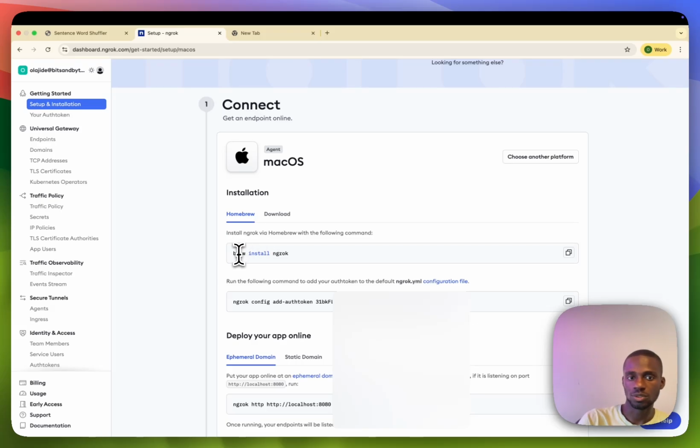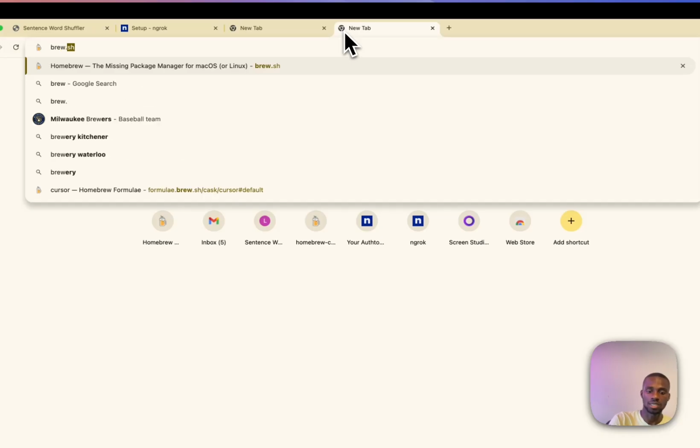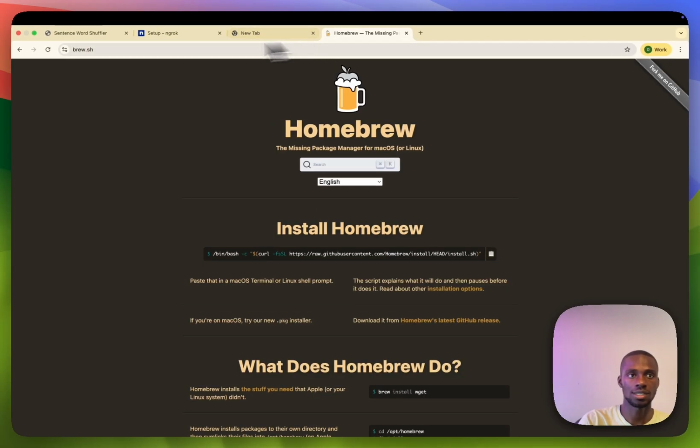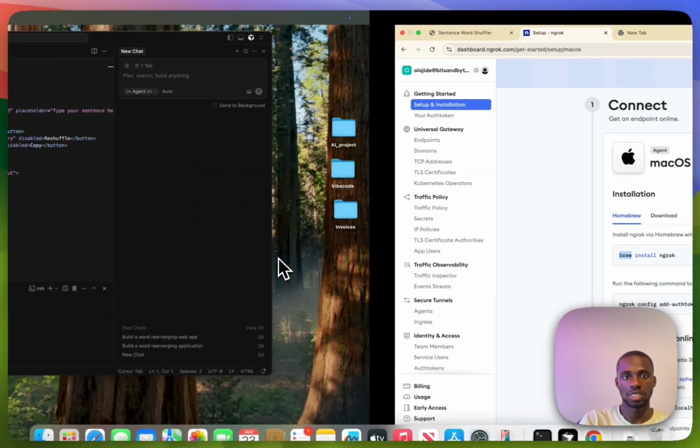But just in case you don't already have brew on your local machine, you can simply install it by following the instructions here at brew.sh. All you need to do is just run this command. So we already have brew installed. Now let's install ngrok. So coming to my terminal,